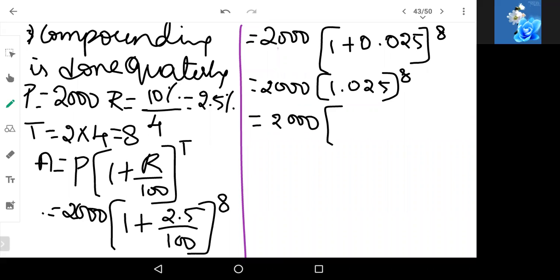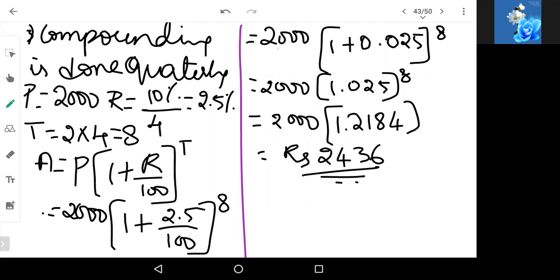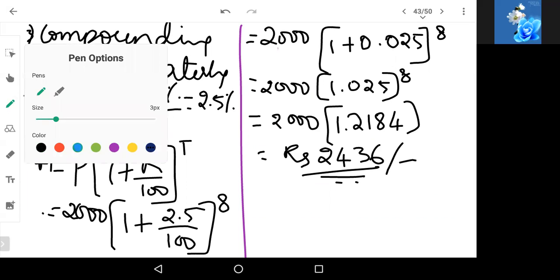You will get 1.21840 something. Now multiply this with 2000, you get 2436. So this will be the amount when it is compounded quarterly. Okay. So this is the third part of the question. Now the next, what they have asked us is